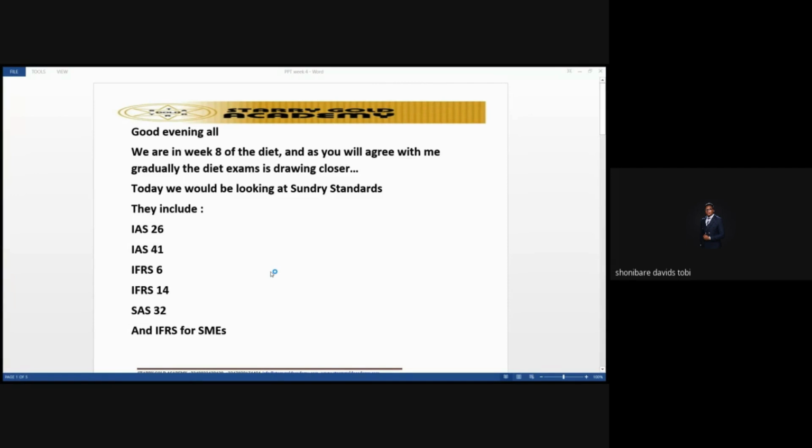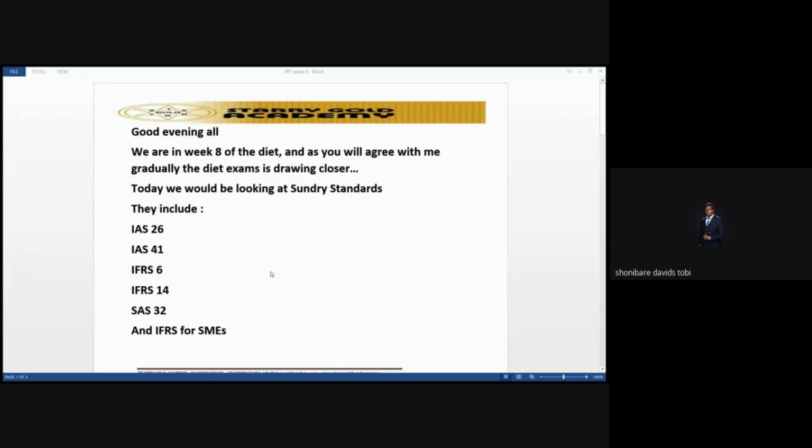Do you think at the professional level, I can tell you to define biological assets or define bearer plants? Later, someone will say ICAN is hard. But when they are telling you to prepare a report, many people that wrote CR last diet would relate with me that if you do not know how to write a report, then you are gone. Almost all the questions last diet had reports. You're a professional already, so you should know how to write a report. At this level, if you don't know how to write a report, please fall back to your Pathfinder. You will see it there. There are a lot of reports that have been written that you can pick up from there.